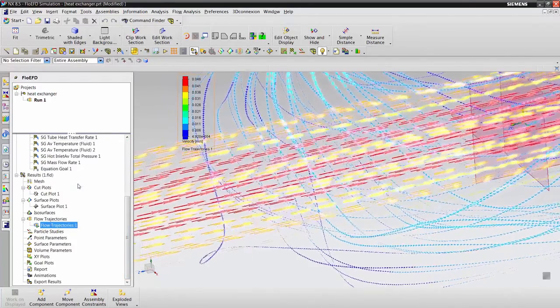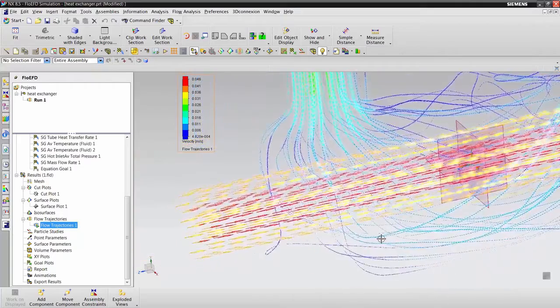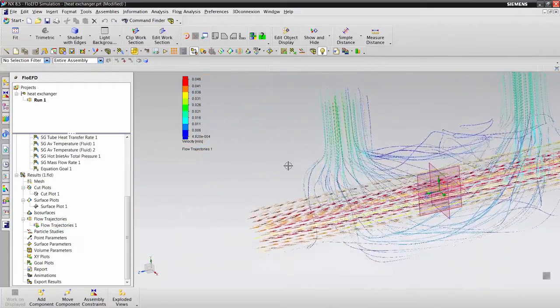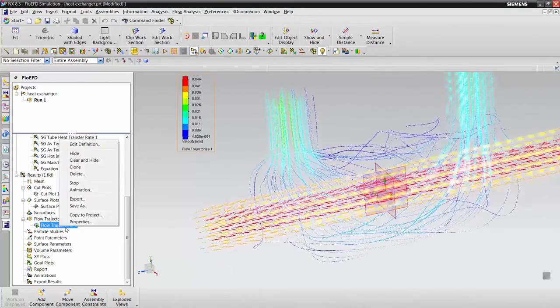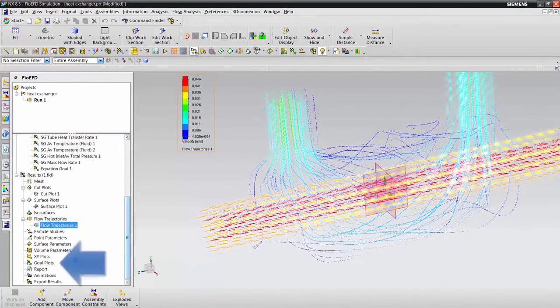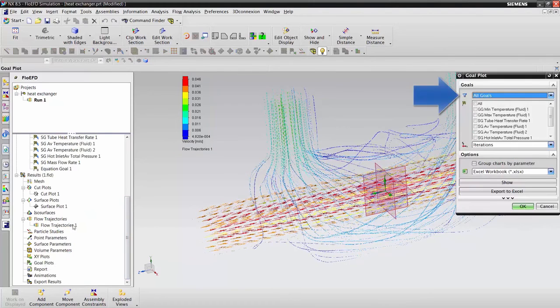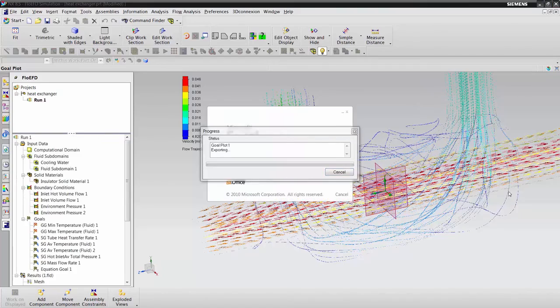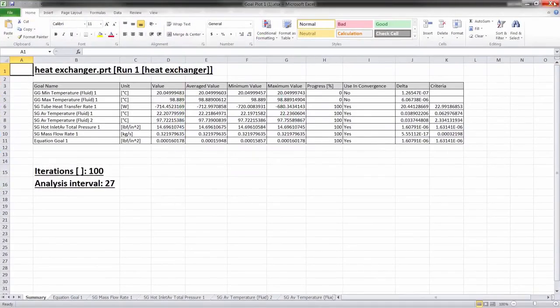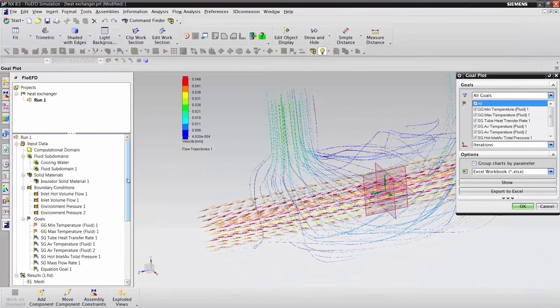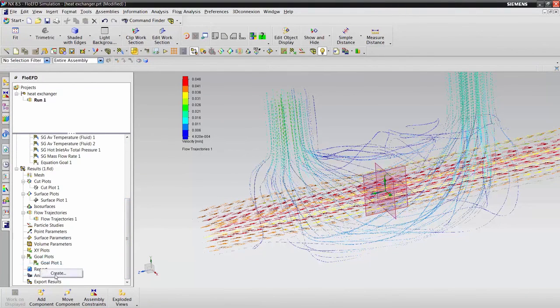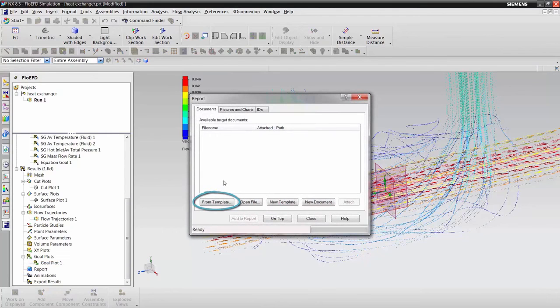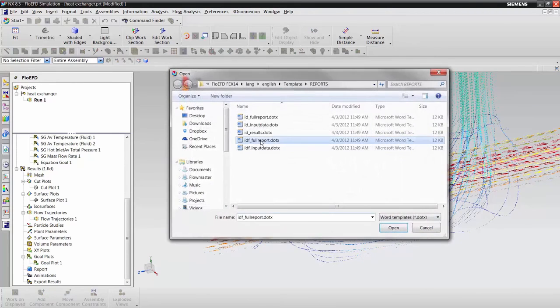We can go ahead and animate this now to give it a sense of motion. We can also create a goal plot which will allow us to export those goals that we created into an Excel format. Another reporting feature we have is to actually create a Word document type report. I'll go ahead and choose from a template,